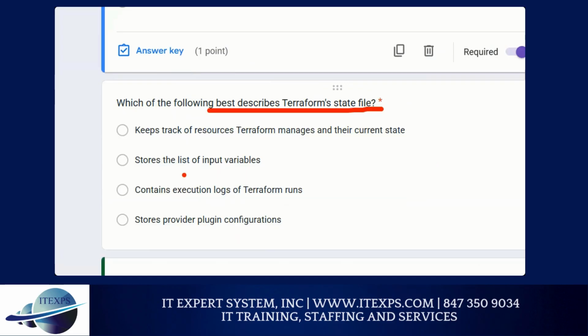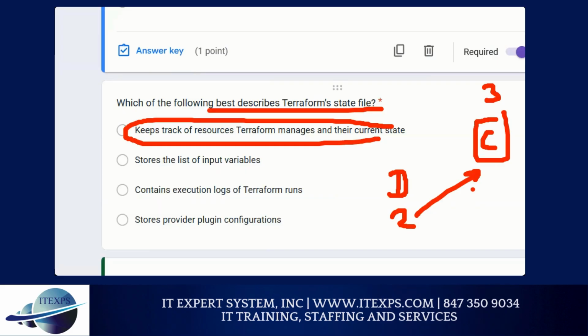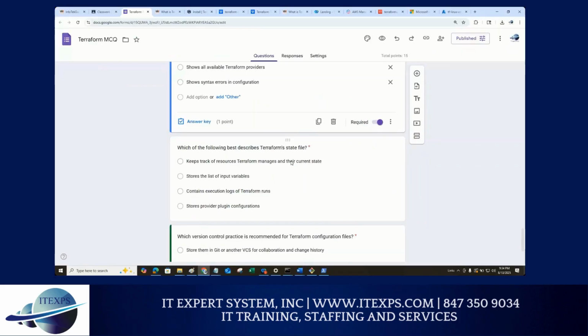Current state. Keep which one? Keep track of resources to manage the current state. Yep. So there's one thing called desired state. One is the current state. Current state is like, for example, you have three pods or anything, and if you say 2, then it will adjust accordingly. So it does not recreate everything. It's called incremental deployment, and that's why Terraform is good. Next, and last but not least,